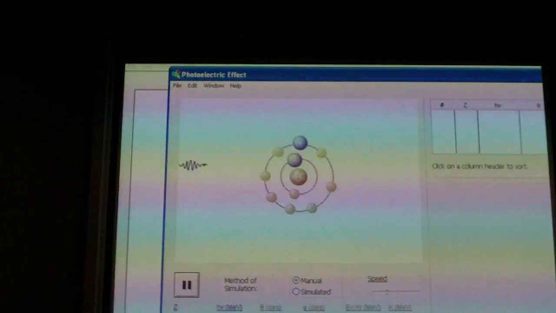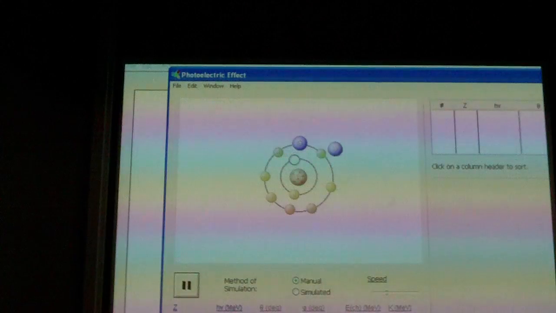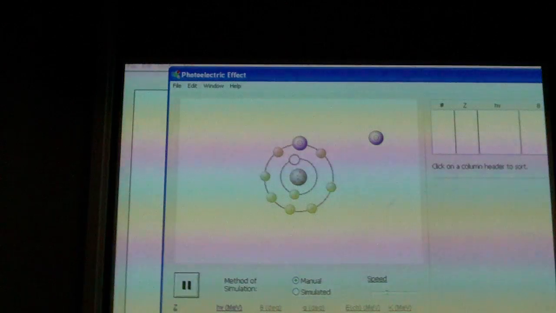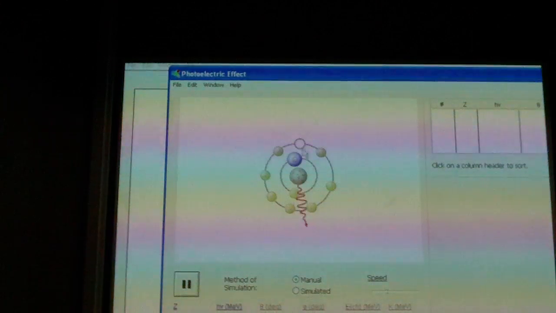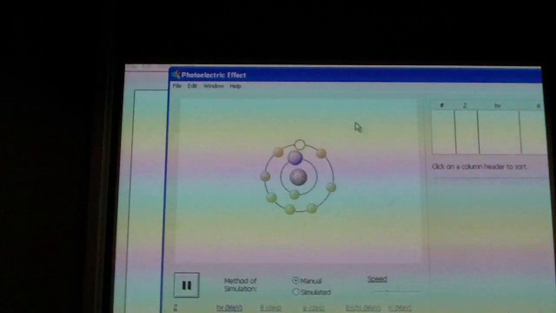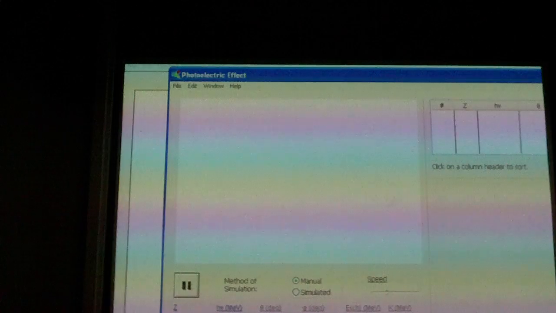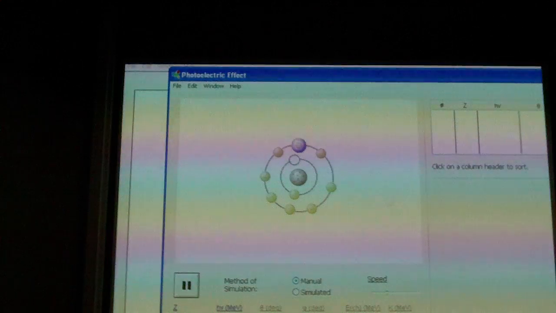So if you now decrease the energy, essentially the same thing occurs. However, this photoelectron gets emitted to the side. If you go even lower, 0.02 for example, you see that now the direction of the electron, so the Auger electrons, move in a different direction. So go back to 10